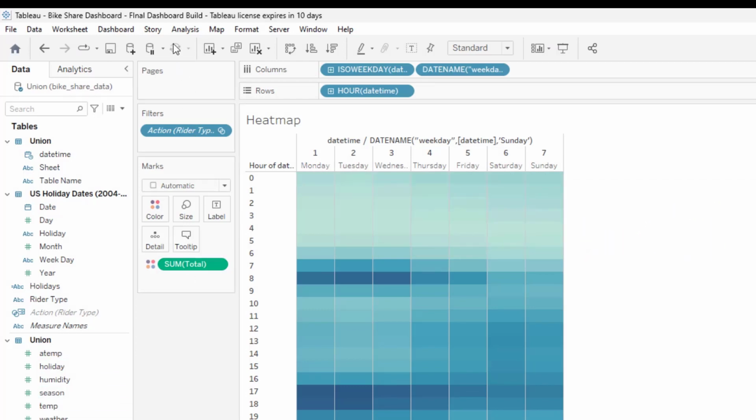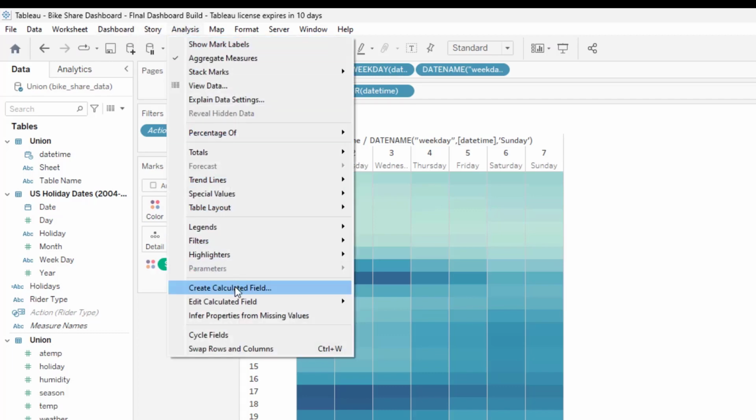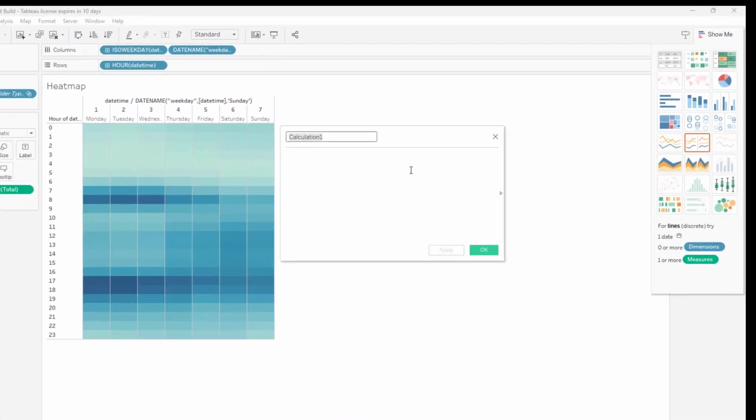We can create another calculation here if you want the shorter weekday name. We can go to Analysis, then go down to Create a Calculated Field. And what you're going to do here is combine two calculations. The reason I want LEFT is because I want to make the string a bit shorter. So you can see I'm going to pass in the string, which is going to be our date name. So we need to turn that into date time. So DATENAME, and then we're going to put in our weekday,